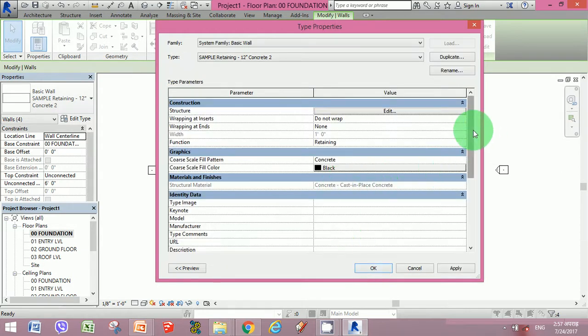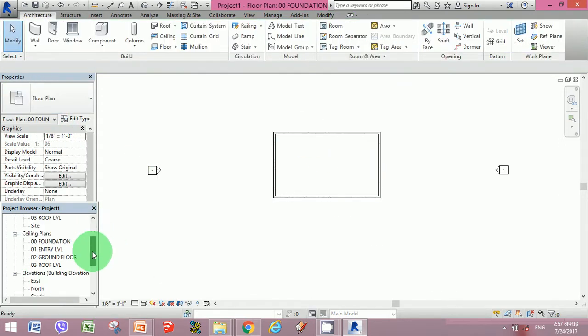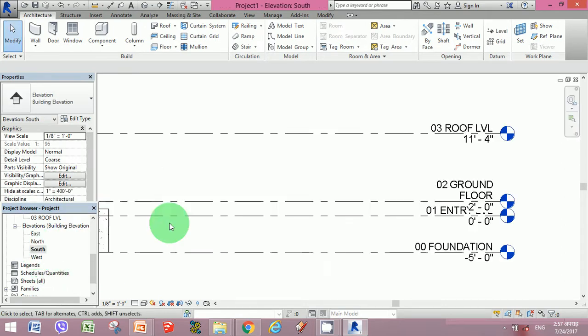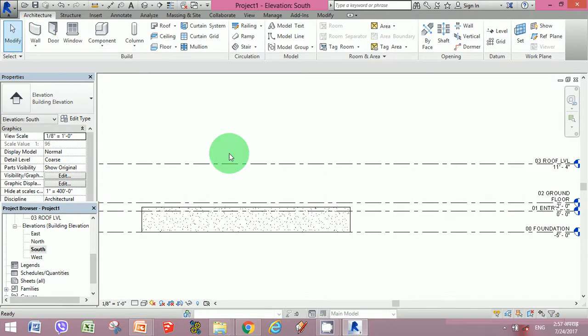Once it has been selected, press apply and then OK. Go back to the south view and compare the dimension to see whether it has come out accordingly or not.